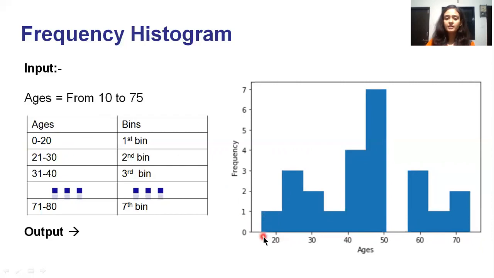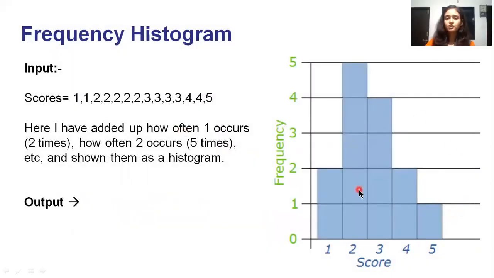Over here you can see my age 10. Suppose this is my age 10. It is occurring only one time in the data set. Then from this data set you can observe that the ages of the people mostly lie in this bin, that is between 40 to 50, because over here the frequency is highest. You can see which number is occurring very frequently, which number is occurring the maximum number of times.